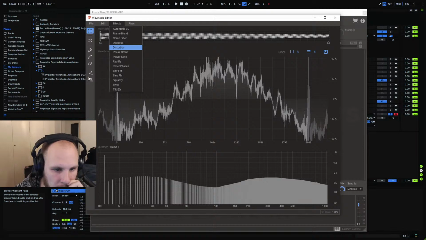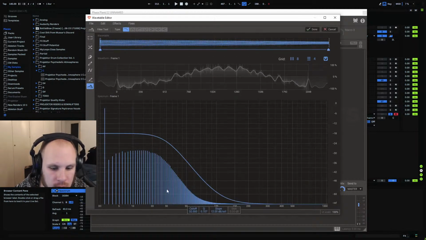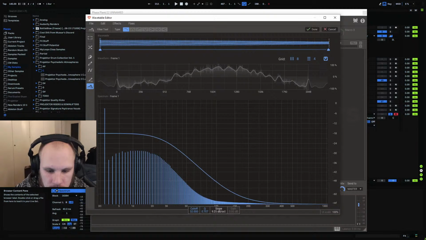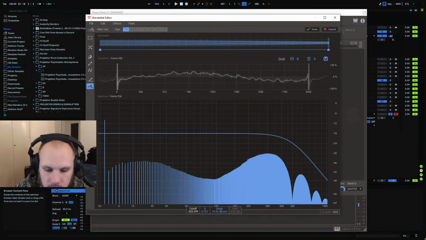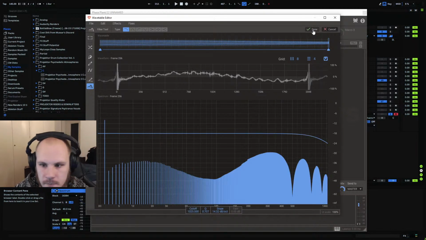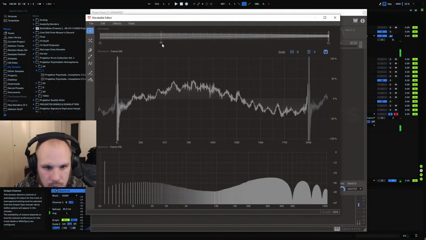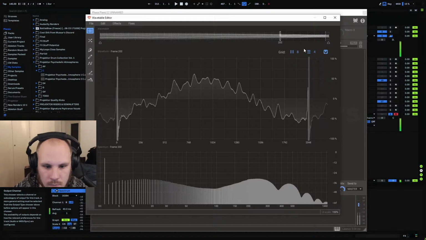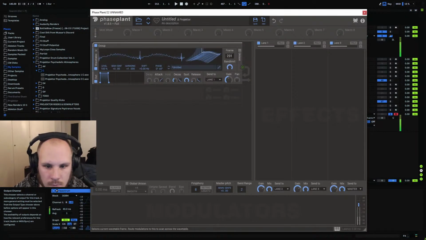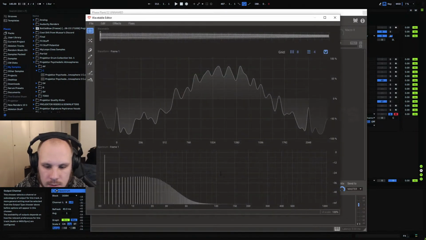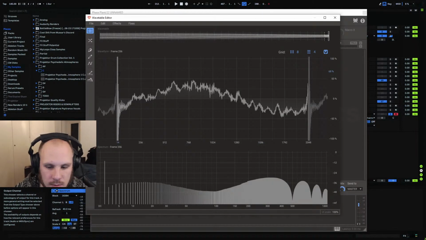Is there a normal filter? There's the filter tool. So at the start I want a pretty steep slope low, and then at the end I'm going to completely open it up. That's the plan. Yeah, you see, this is what I don't want, that kind of peak at the end, and that's due to the phase of the high frequency. So those are these massive spikes here. If there's a way to